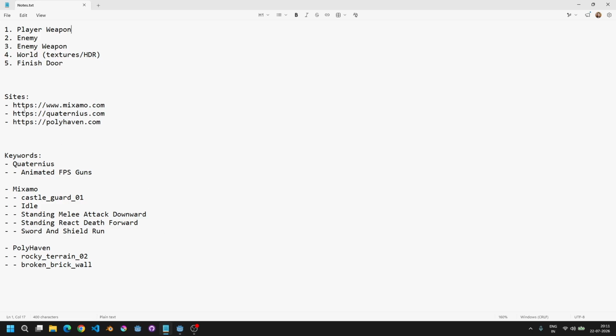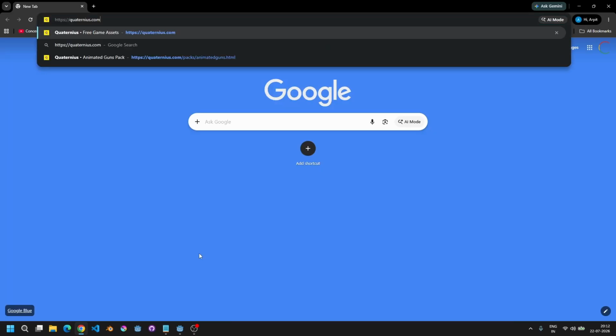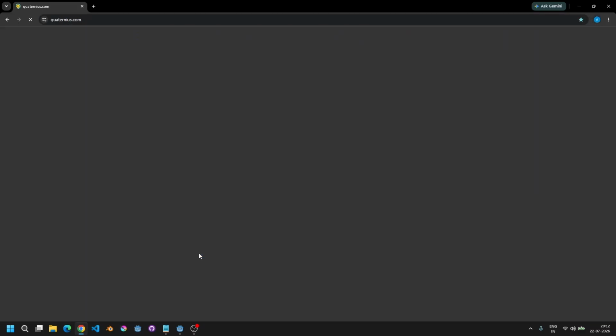Over here I have listed some websites through which I will be downloading 3D models. All of these are royalty free, and we can use the models freely even in commercial projects. To start off we will go with Quaternius, as Quaternius will be giving us guns which we will be using for our game. So I will open Google Chrome and visit quaternius.com,